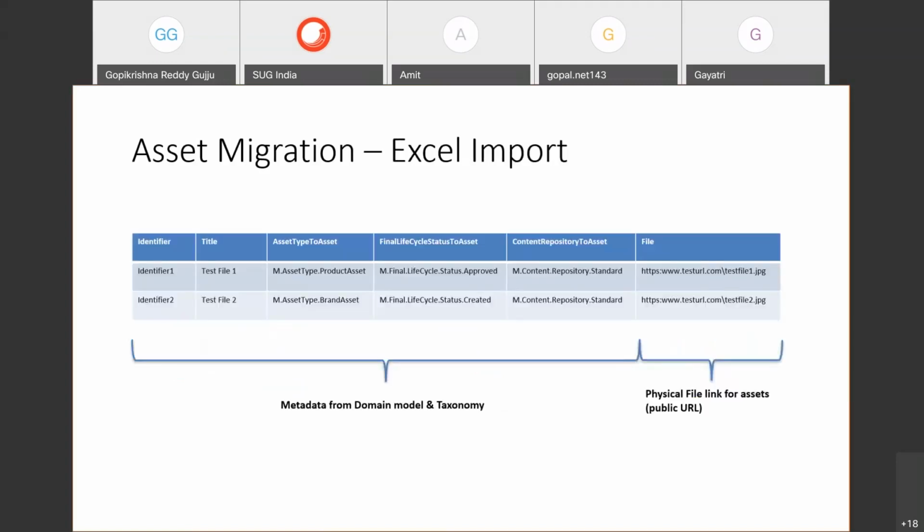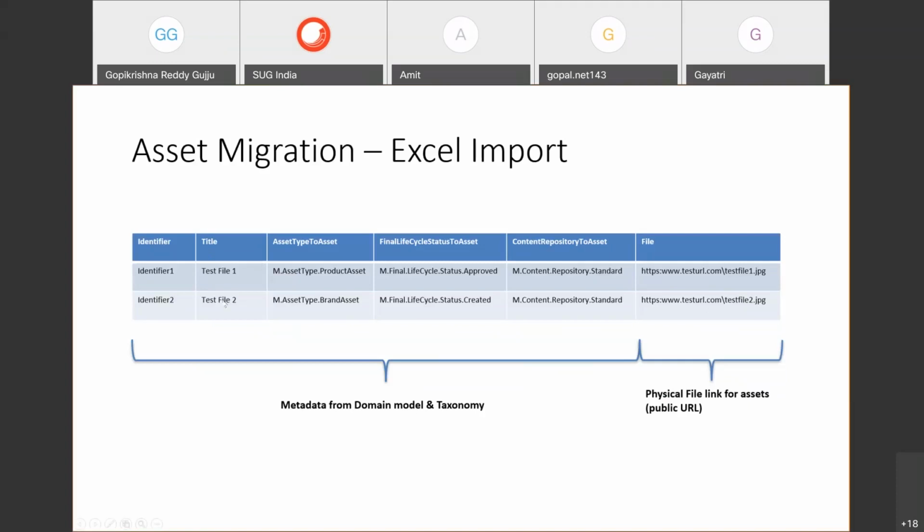Let's explore Excel import a little further. Each asset will have a lot of metadata based on our business use cases, but there are some predefined system metadata as well, which is mandatory if you are uploading through Content Hub. Those are here, like identifier. There is only one difference between ID and identifier. Both uniquely identify an entity, but ID is auto-generated inside the Content Hub system, whereas identifier we specify manually. So this is a user-defined identifier, using which we can make calls later and get the entities, because we don't know the entity ID, but we know the identifiers.